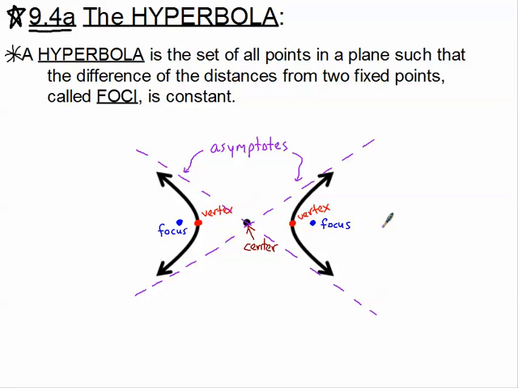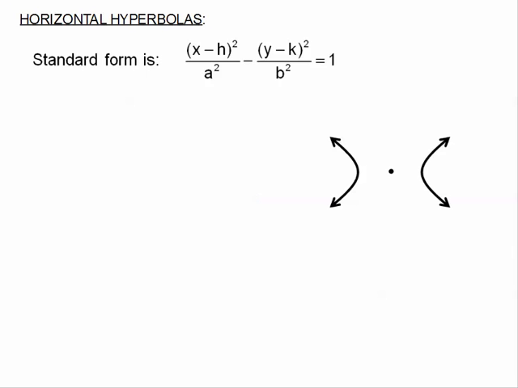Okay, so we're going to be looking for the center, the two vertices, and the two foci, and we're going to be plotting the two asymptotes before we graph our hyperbolas. So let's first explore the horizontal hyperbola. The big idea here that this is a hyperbola is that there's a subtraction. There's a difference between our two quadratic terms. How we know that this is a horizontal